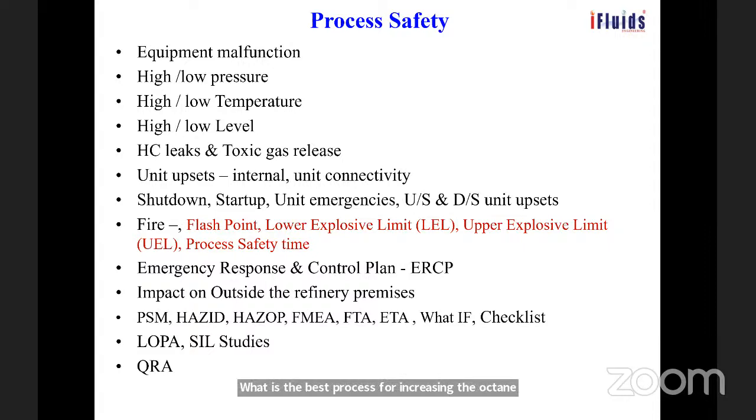There is no single process for this. You have to blend to get the product, because different units, due to different processes, give different grades of octane number. You have to blend the gasoline to get the product. As for the octane number, unless you blend it in the proper proportion, you will not get it. And you have to add